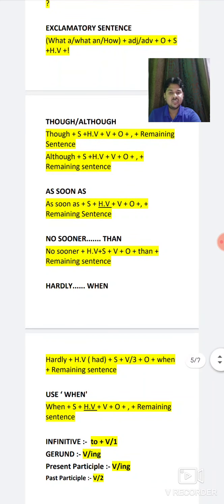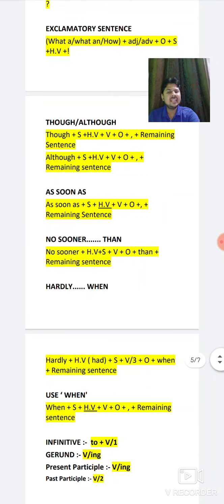While making "as soon as", we start our sentence from "As soon as", with A capital. After that, the subject. After the subject, if a helping verb is in the sentence, use it; if not given there, don't use it. That's why I have underlined it, meaning exceptions are there. As soon as, subject, helping verb, object, and after the object a comma is necessary. Where do you add the comma, student? At the place where your second sentence will start. After the comma, the remaining sentence as it is.